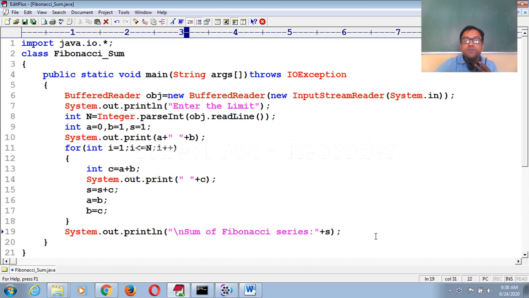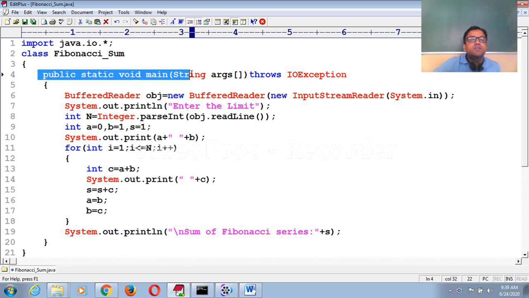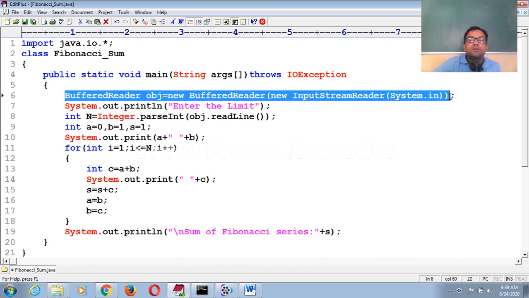So this video is based on the Fibonacci series as well as the sum of the series value. In Java you have to import a package if you need to enter the limit. So importing java.io, then class declaration, after that the main method, adding here throws exception, then BufferedReader to